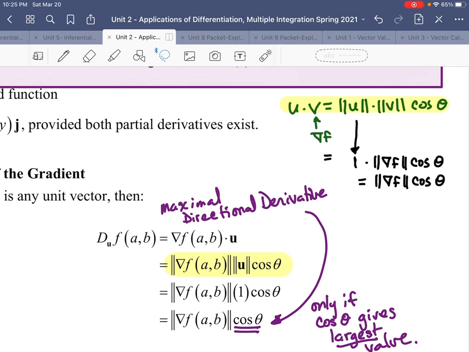Right? So if we assume, well, it's not really an assumption, it's just a fact, the unit vector has a magnitude of 1,